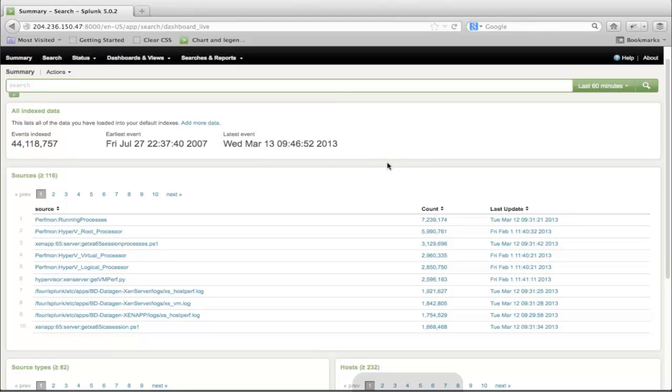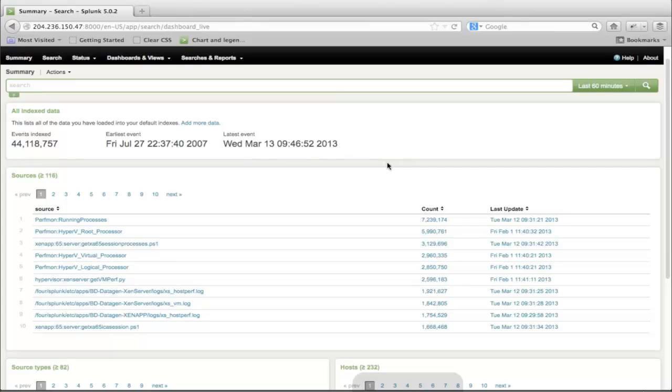So the way Splunk is licensed is we license on how much data comes into your Splunk infrastructure in a day. And we kind of have to do it that way because we don't know ahead of time what kind of data comes in. You can pipe in any kind of data that you want. And so the only way to really get a license that's generic enough is how much comes in a day. We don't care how long you store it, how much you store after it comes in. As long as you have disk space to store it, we don't care. We're not licensed on how much you store long term. It's just how much comes in every day.